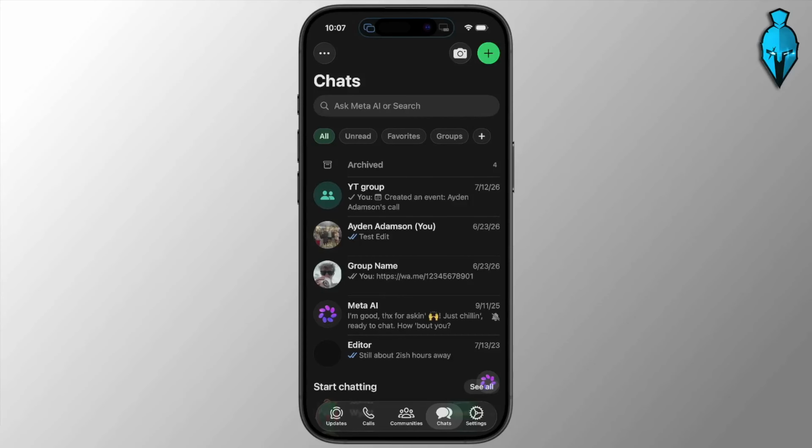In this guide, I'm going to show you how to remove objects from photos with Meta AI in WhatsApp on